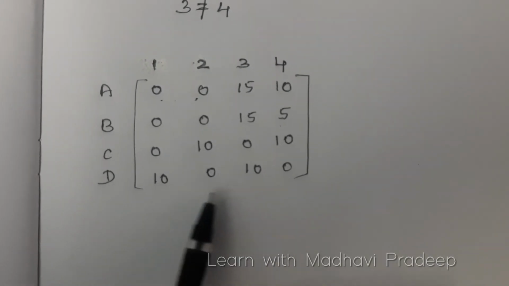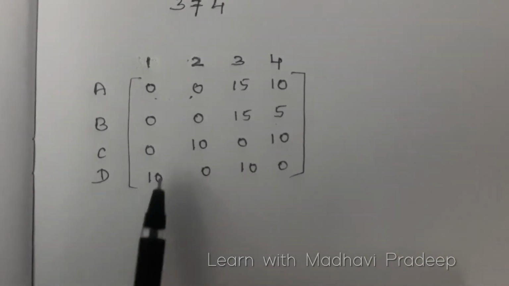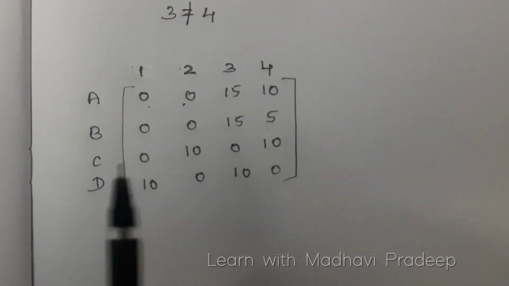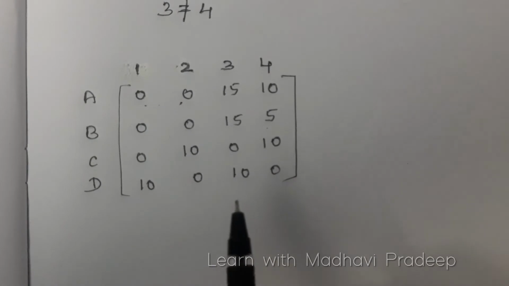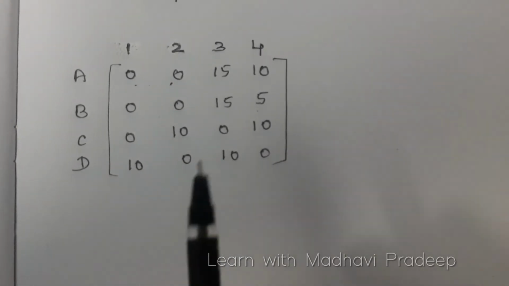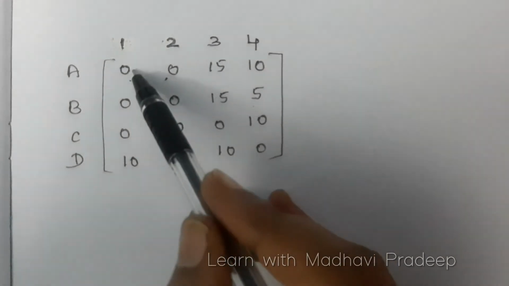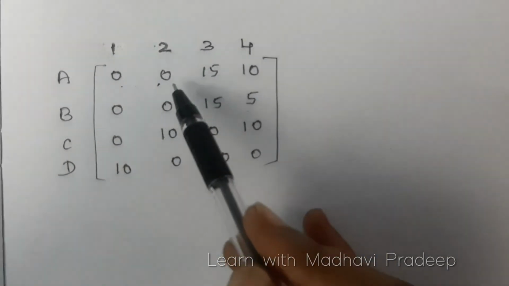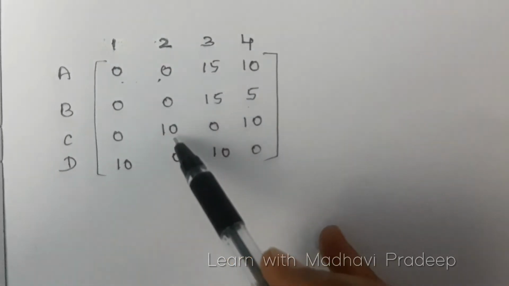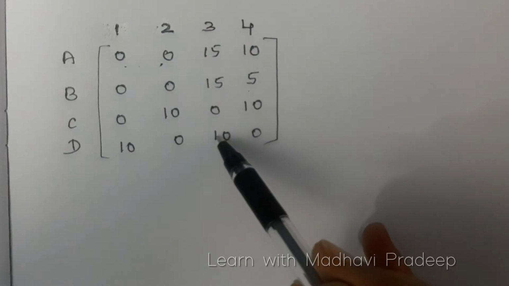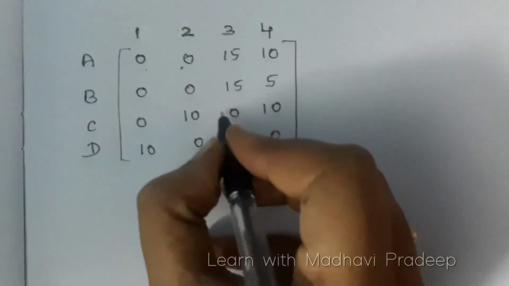After that, check whether all the zeros are cancelled. No, the zeros are not cancelled at all. Still the zeros remain. So we need to proceed with column scanning. That means we need to check in each column whether we have exactly one 0. In the first column, do you have one 0? No. In the second column, exactly one 0? No. The third column, exactly one 0? Yes, we have exactly one 0.